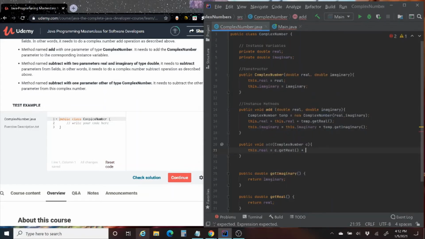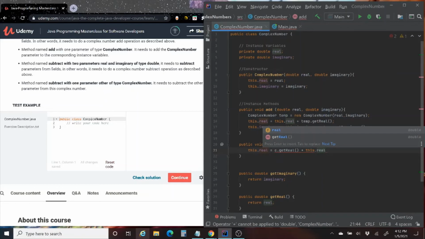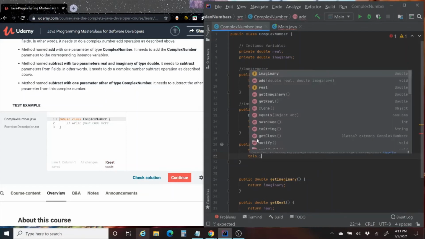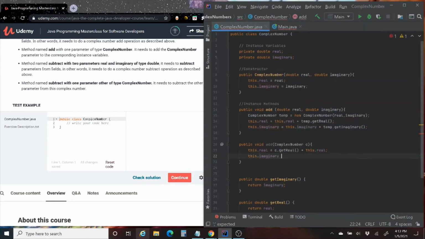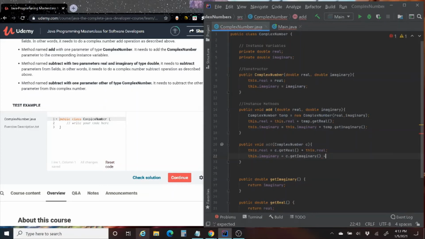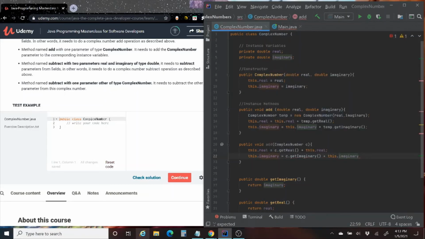So as you can see, like I was telling you earlier, those getters come in handy in both the main method and the class that we created them in. This dot imaginary equals C dot get imaginary plus